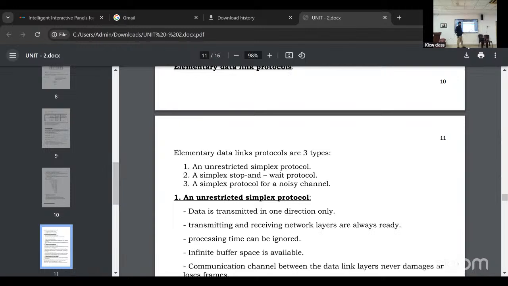I told you in the morning, ARQ is automatic repeat request. Based on the receiver, we need to send the data. If the data doesn't reach, the receiver should not give any acknowledgement, and the packet, data or frame is considered lost.